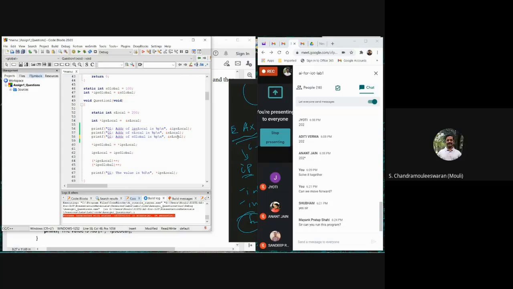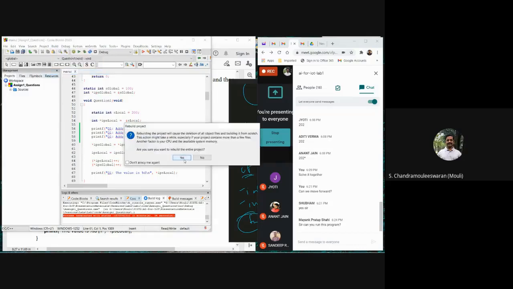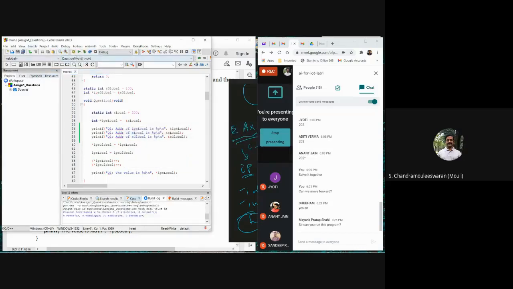Are you clear? S global. I am getting the address of this variable after getting the addresses of those. So we are trying to see the addresses of each of those variables. Build, rebuild. Okay, done.